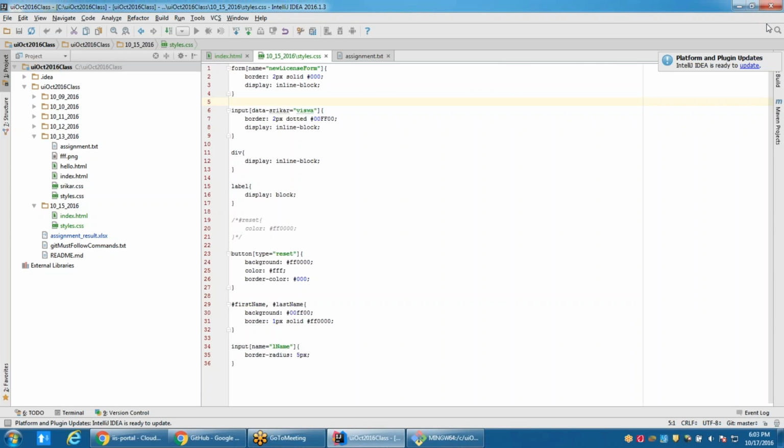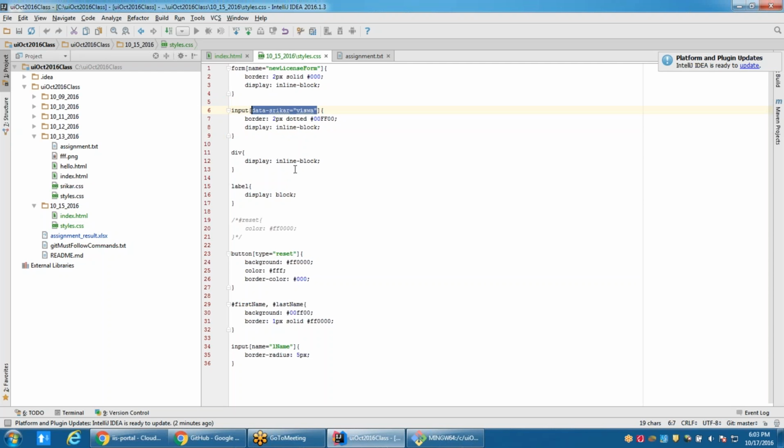So in the last class, we discussed various ways of applying our styles to elements, right? We were discussing style sheets, and we looked into some use cases where we can add styles to a particular element by targeting its ID, by targeting its element name, and finally by targeting its attributes, with square brackets, the attribute name, and then its value. It has to match